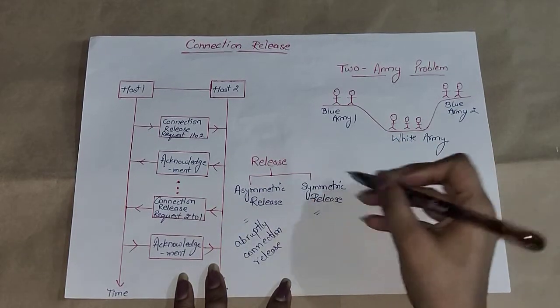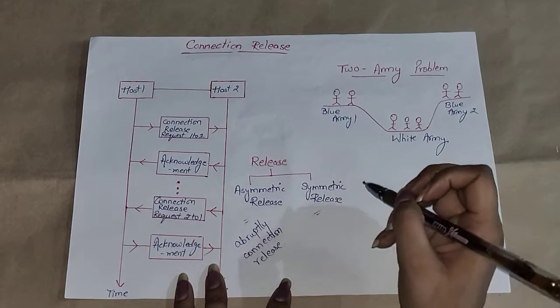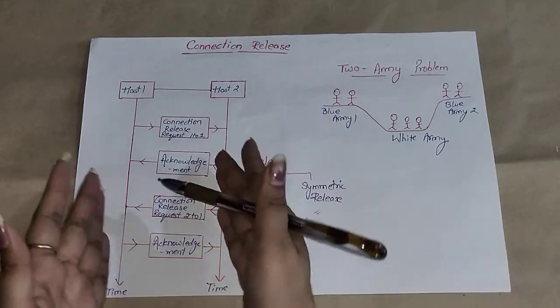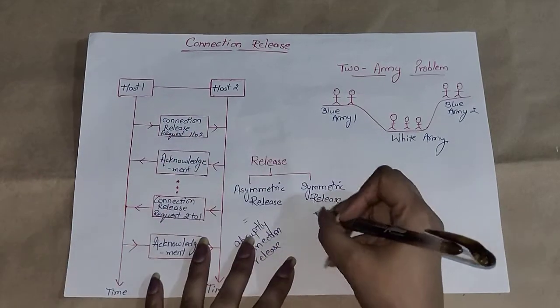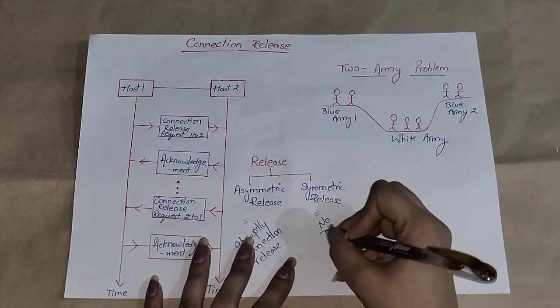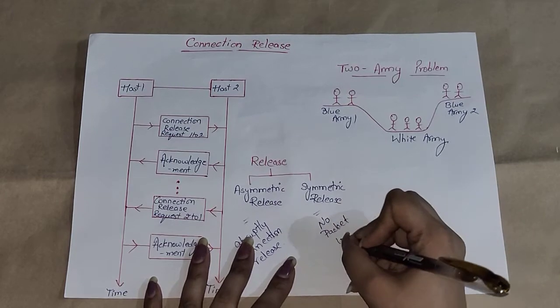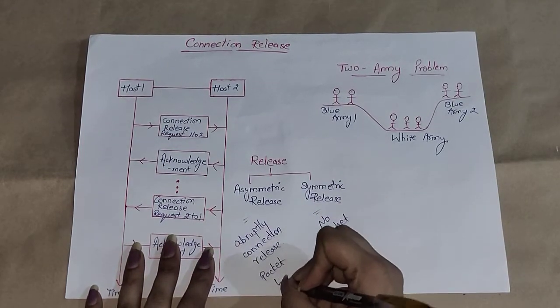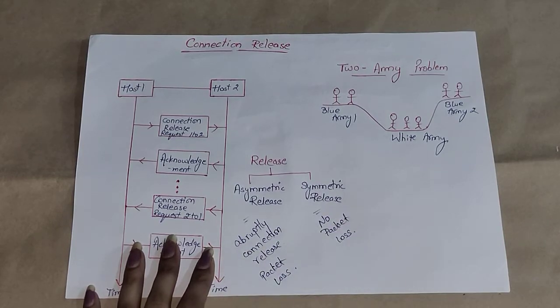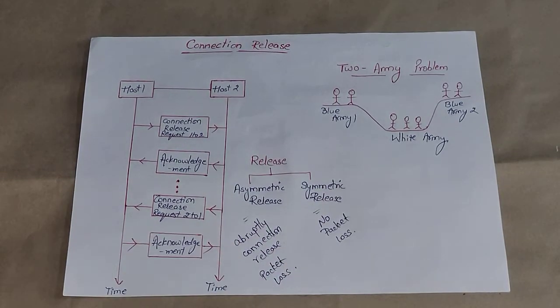And there is another release, that is symmetric release. In symmetric release both the parties agree together, they mutually decide to release the connection and there is no packet loss, but here packet loss is there, okay, क्योंकि यहाँ पे abrupt कनेक्शन रिलीज हुआ था, यहाँ पर म्यूचुअली डिसाइड करके किया है।